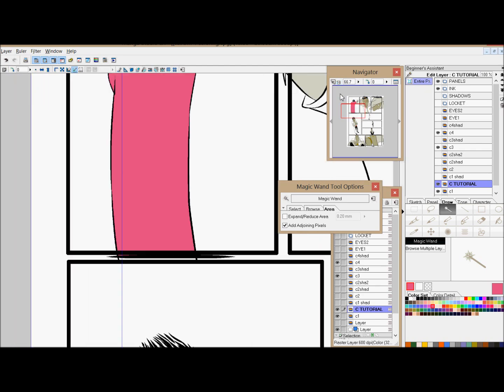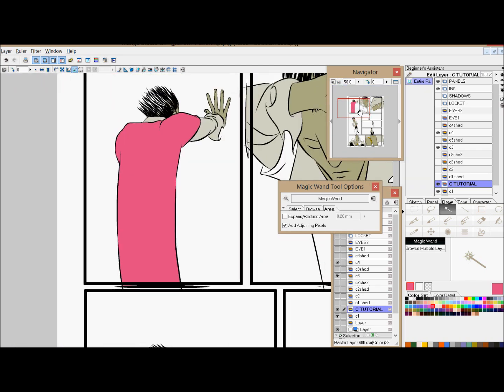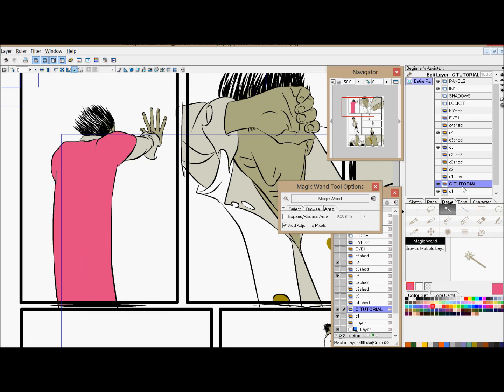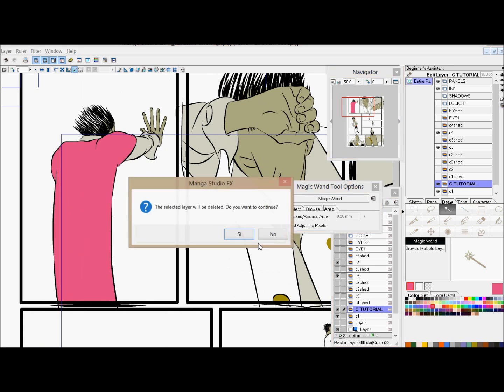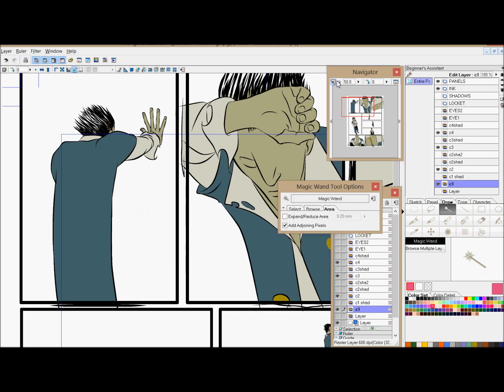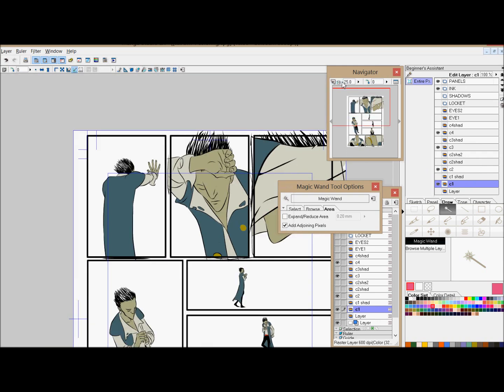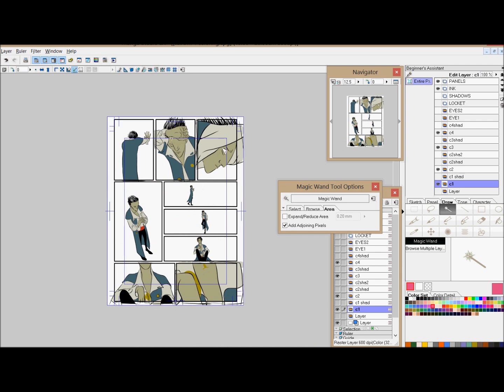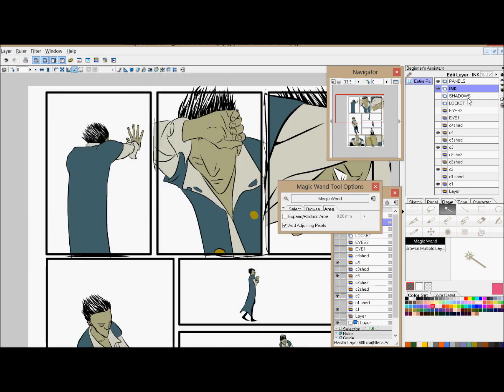So I think it's better to do it this way. Anyway, we don't want it pink, we liked the other color best, this one. Okay, so this is how you color. It makes your life much quicker if you can create an ink layer with all the closed lines. But in case you like your lines nice and open, you can still duplicate the inking layer